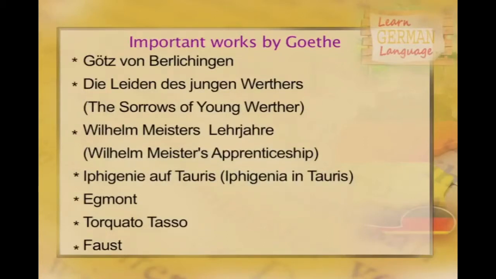During the years at Weimar before he met Schiller, Goethe began the book Wilhelm Meister's Apprenticeship, or in German Wilhelm Meisters Lehrjahre, and he also wrote the dramas Iphigenie auf Tauris, Egmont, Torquato Tasso, and the most important work of his lifetime is the two-part play Faust. Faust as a play is still considered to be one of the most critical landmark pieces of literature in the German language.